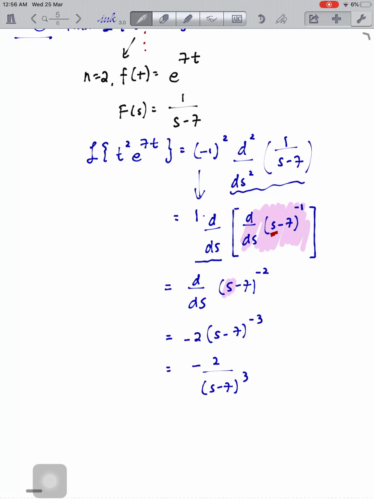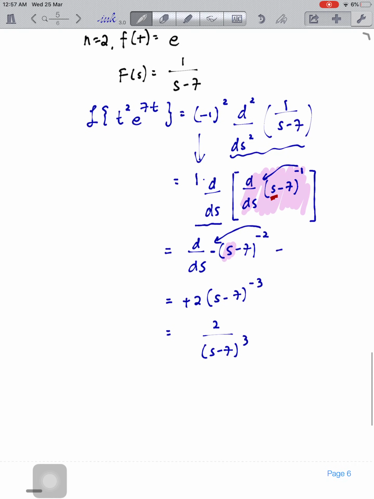When I differentiate this, I should get a negative right here. So this is actually supposed to be negative, and this is supposed to be positive. Sorry about that. So change that, because when I differentiate for the first time, I'm going to have to bring the negative to the front. So this is my negative. So it's going to be negative s minus 7 to the power of negative 2. And when I multiply these two together, I will end up with the positive 2, s minus 7 to the power of negative 3. So that's going to be positive of 2, right? Not a negative one. Okay, so this is going to be the final outcome of the Laplace of t squared